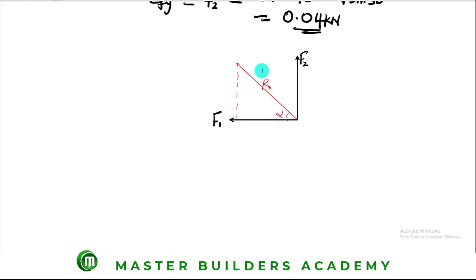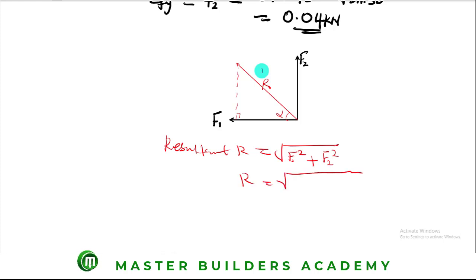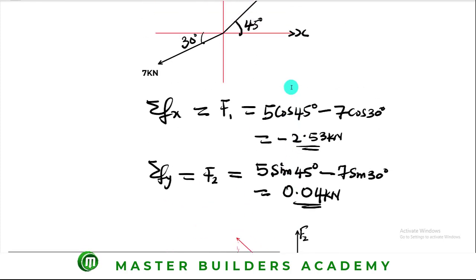Now the question is, listen carefully, we have to find the resultant. As you can see now, we can actually use Pythagoras' theorem to find our resultant. So the resultant force in magnitude is equal to the square root of F1 squared plus F2 squared. So R becomes the square root of F1, as you can see from here, is minus